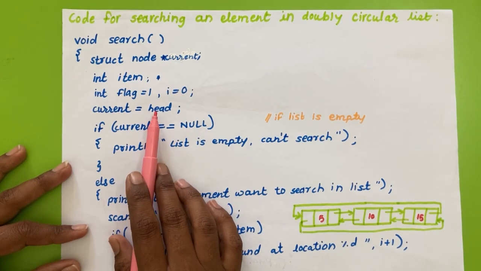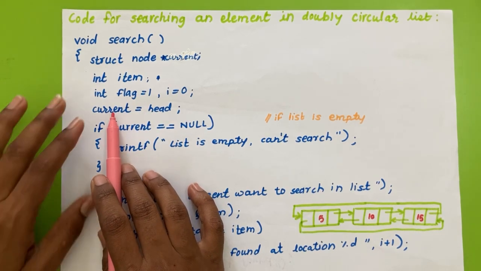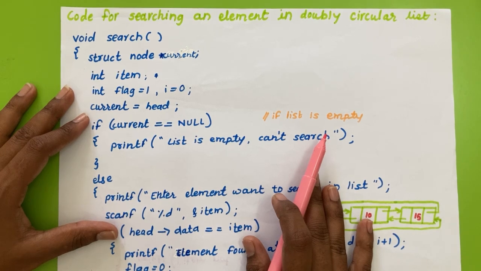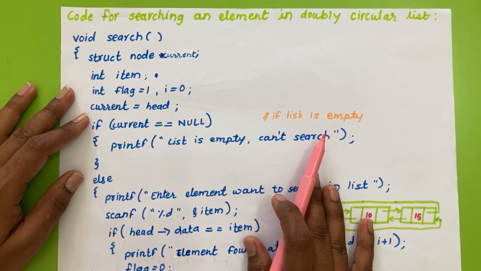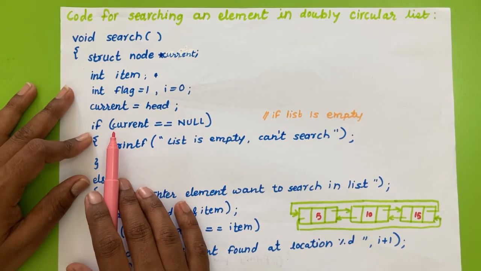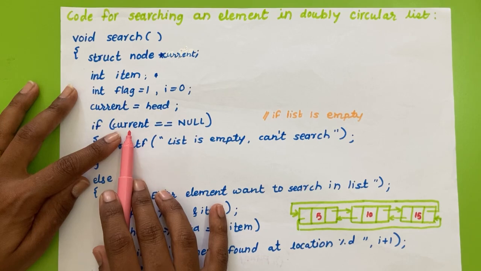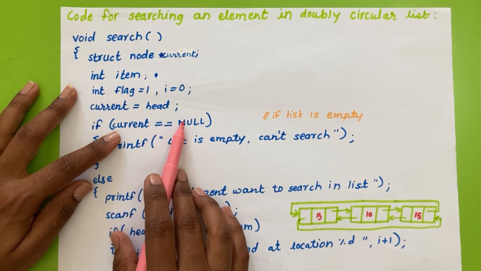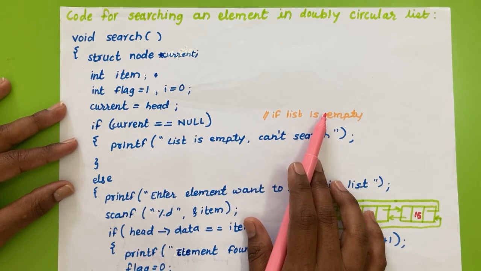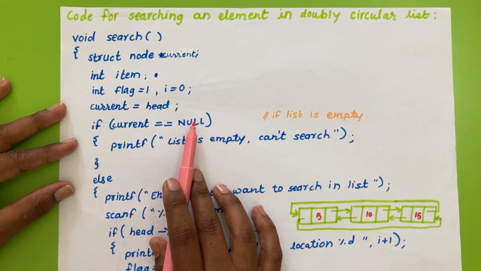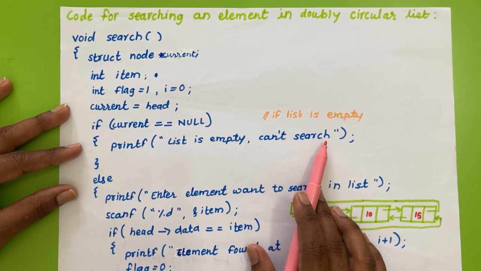Okay, so we will start with the head. First I'll copy the value of head into the current pointer. As we know, if we want to search an element in the linked list, first we have to check whether the linked list exists or not. For that purpose I have added the condition: if current is equal to null, that is, the value of current is now head. So if head is equal to null, meaning head does not exist, that means the whole linked list is empty, so searching makes no sense. At that time we will print: list is empty and we cannot do search.